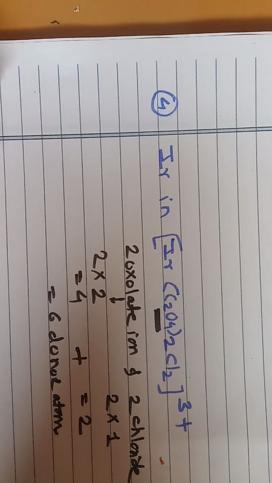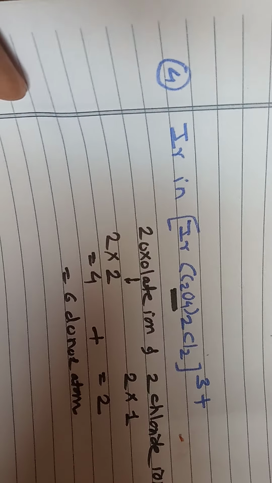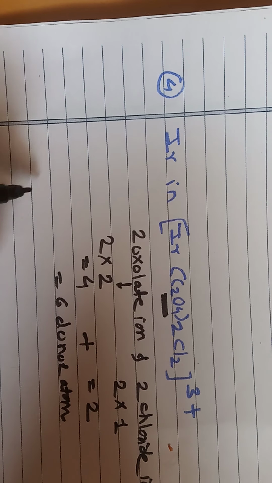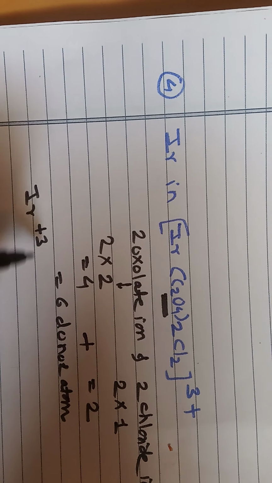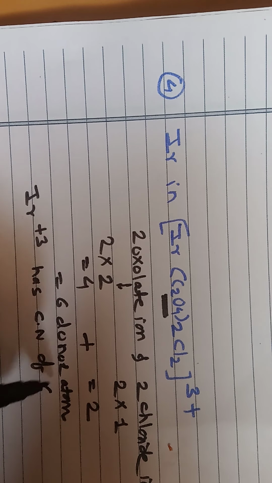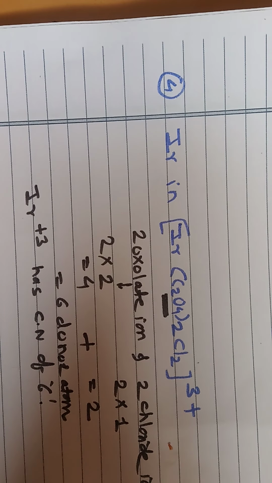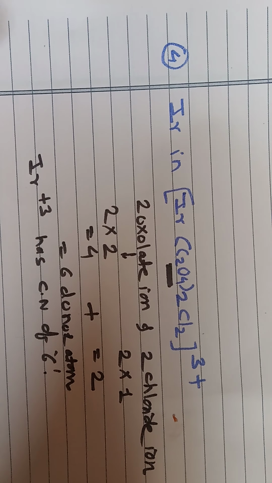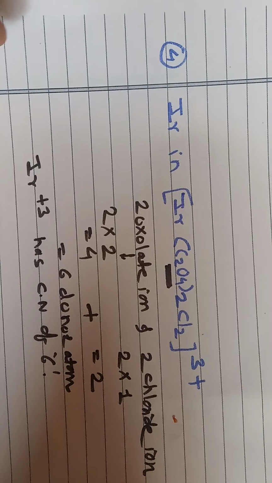As there are 6 donor atoms here, Ir in plus 3 has a coordination number of 6. Like this way we consider the examples. So remember, generally in coordination compounds, the coordination number of the metal atoms is 4 or 6